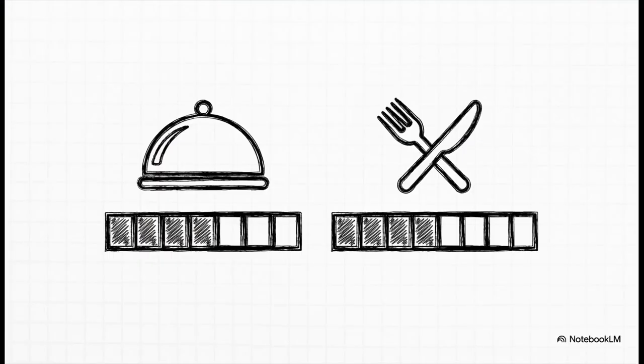Okay, so let's set the scene. You've just finished a meal. You thought the service was pretty good, so you give it an 8 out of 10. The food was good too, let's say a 7 out of 10. These two numbers, the 8 and the 7, are our starting point. They're what we call crisp inputs.